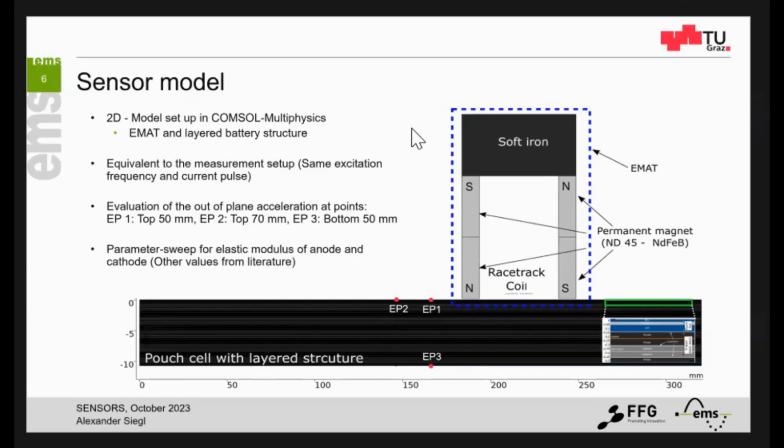And what we do now is we perform a parameter sweep for the anode and cathode material. Because if we look in here, we have the copper, we have the aluminum, we have the separator, and we have the pouch foil, which is on the top and the bottom, which wraps around the actual battery. Those numbers for Young's modulus, density and Poisson ratios are given, but what is actually not known quite yet is the Young's modulus for the anode and the cathode. So we perform a parameter sweep, and we then achieve the following results